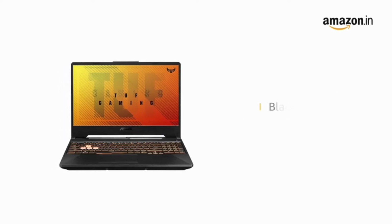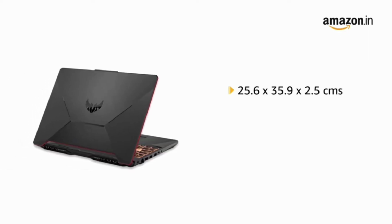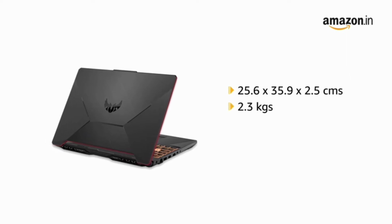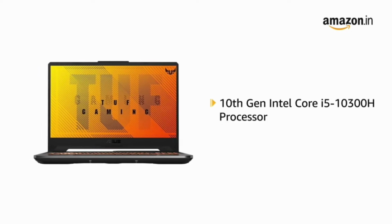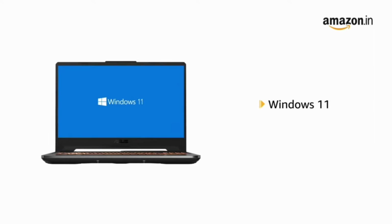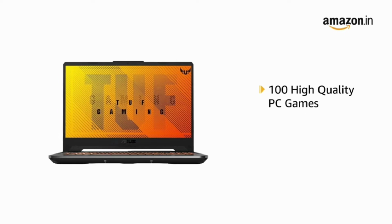15.6 inches laptop in black. It comes in a size of 25.6 by 35.9 by 2.5 centimeters and weighs 2.3 kilograms. The laptop runs on 10th Gen Intel Core i5-10300H processor, and comes preloaded with Windows 11 with free access to over 100 high-quality PC games, and 1-month subscription